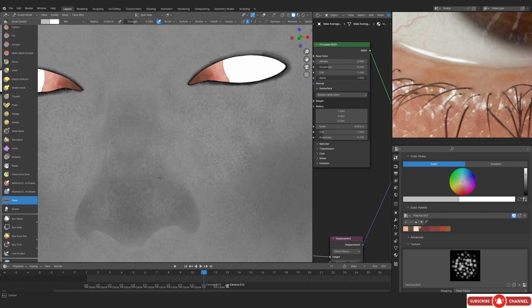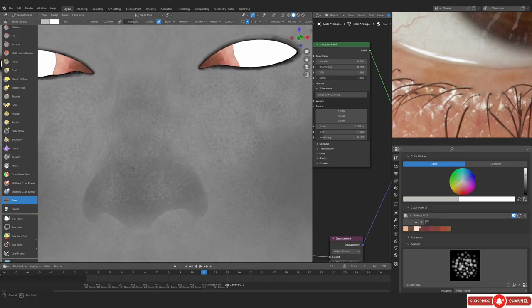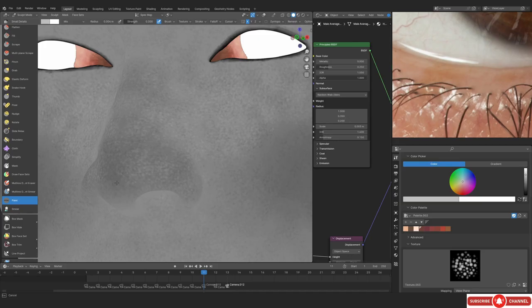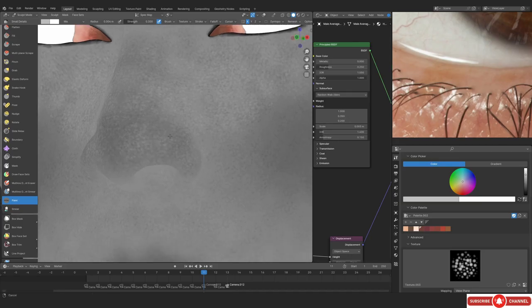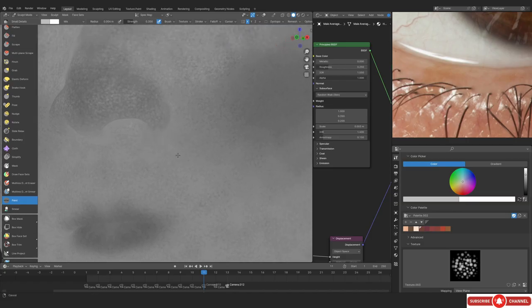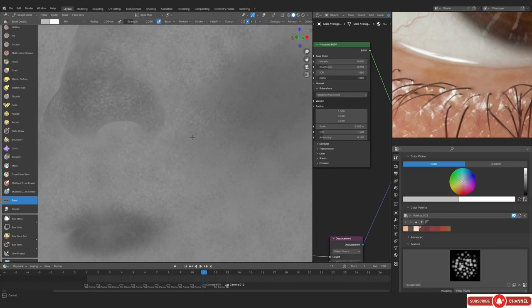After that, we can actually just do some test render to see if the map is working or not, and based on that information we can adjust the colors. For example, removing this texture from the brush and doing some bigger stroke in order to adjust the overall color. And yeah, that's basically what we can do.